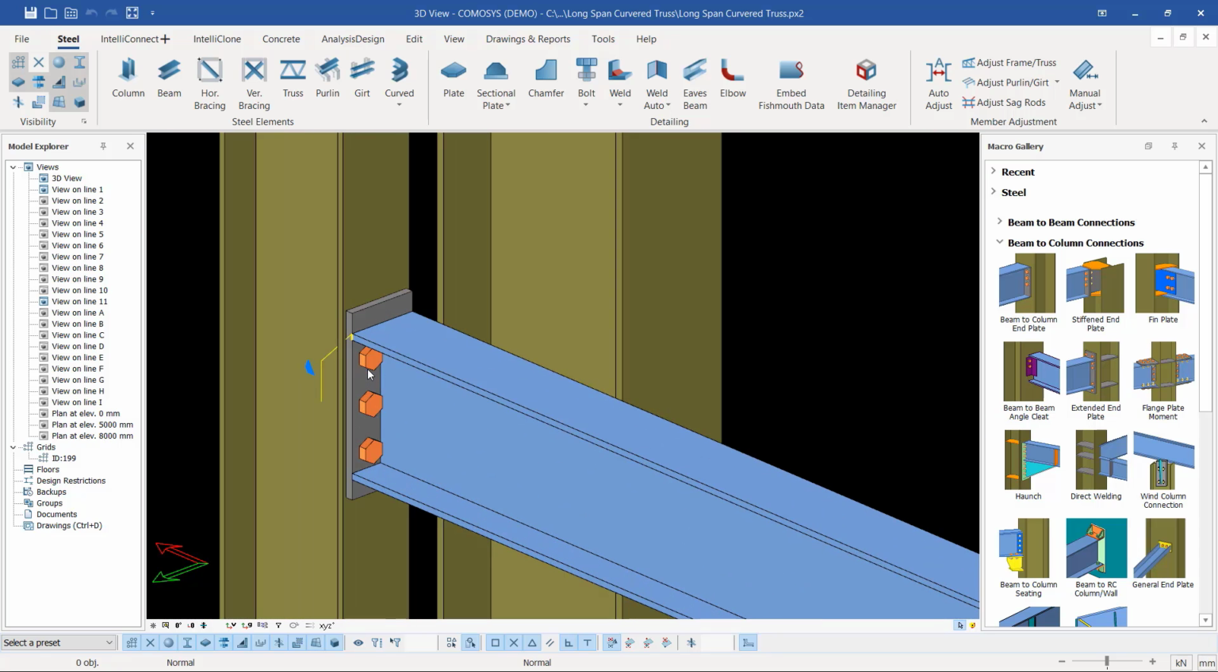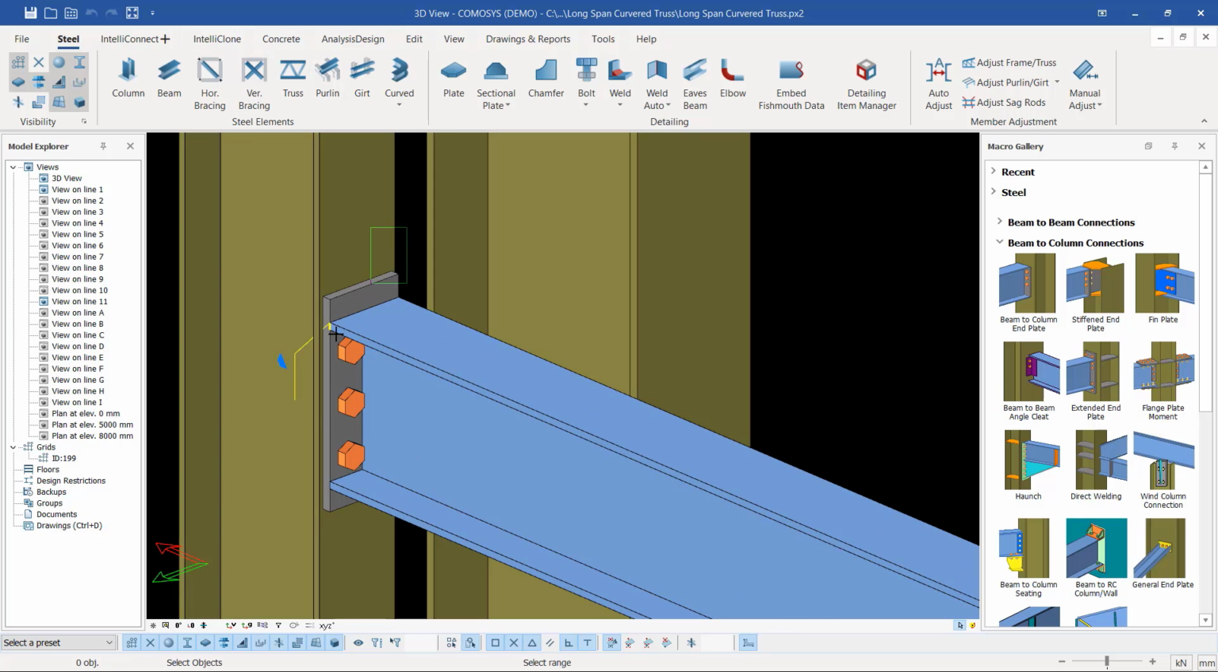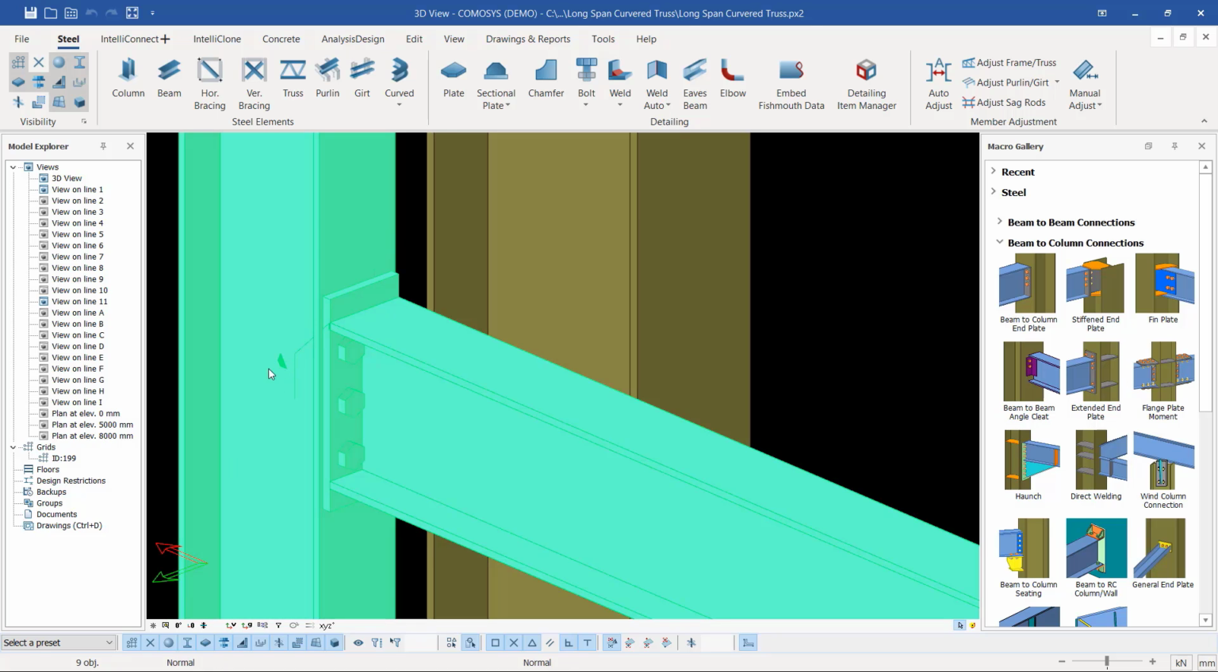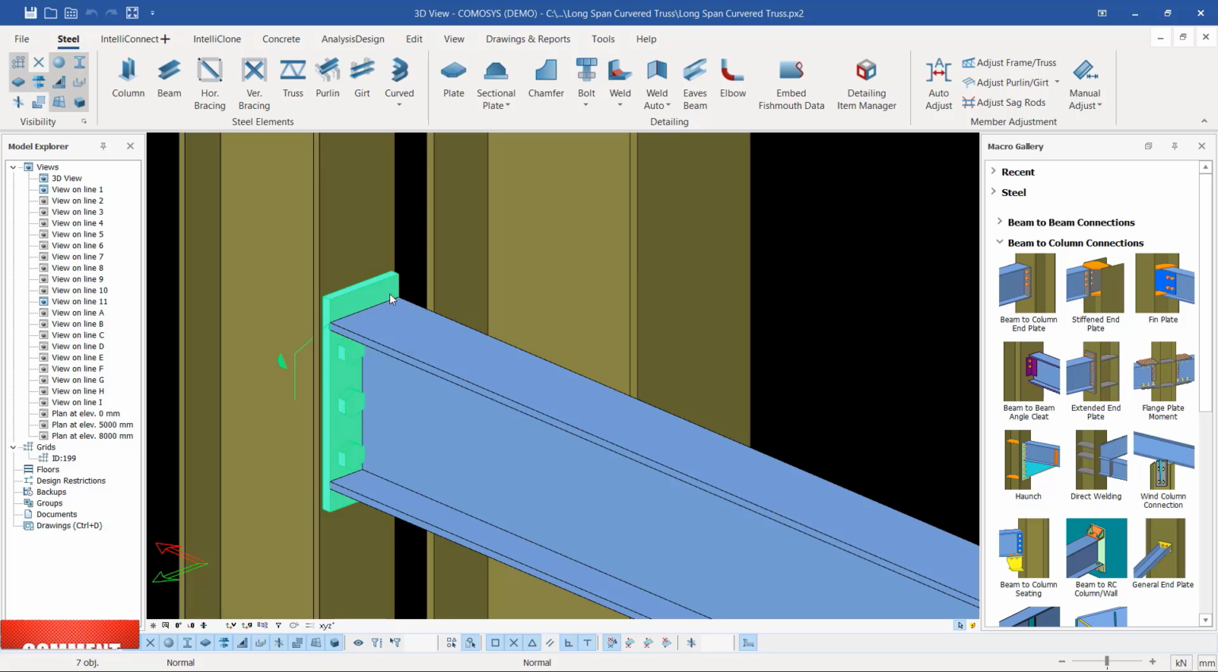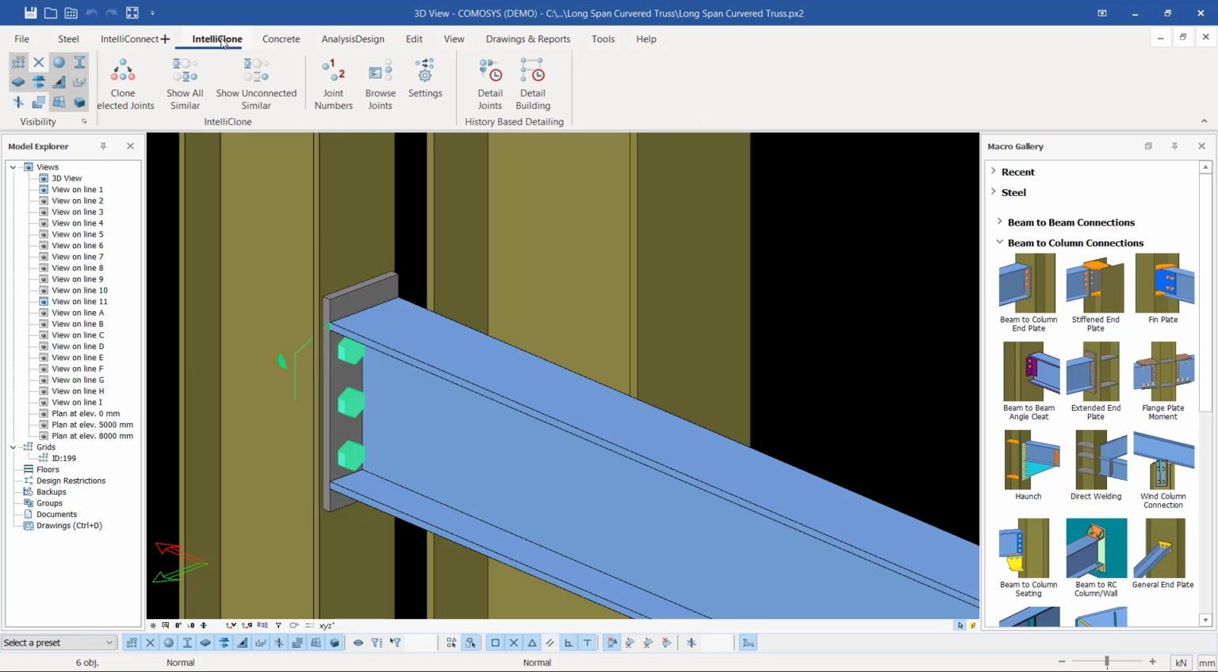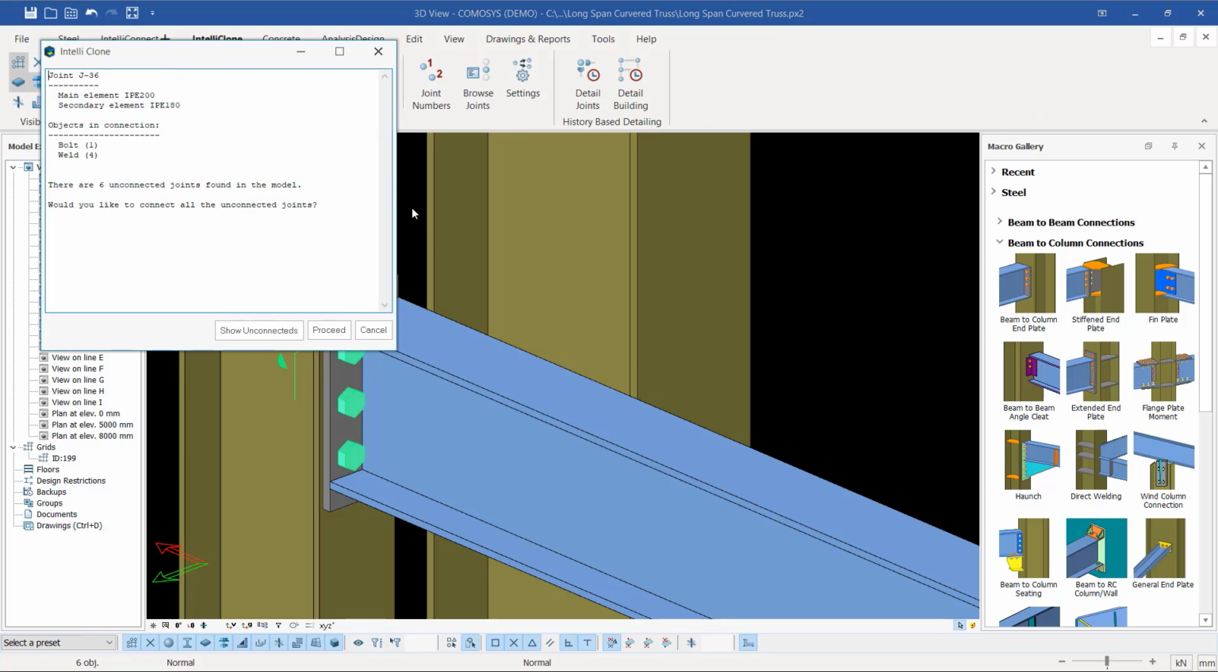So in here, to apply this connection to similar parts, I'll use the IntelliClone. So I want to clone this connection to the other parts. So to apply this, just select this particular connection. Make sure you select this joint. You pick any part of this joint within the connection. I'll deselect that and deselect that. And what I'm going to do, I'm going to deselect that. So if I come to IntelliClone, and I'll pick here, I'll come to IntelliClone and clone all,